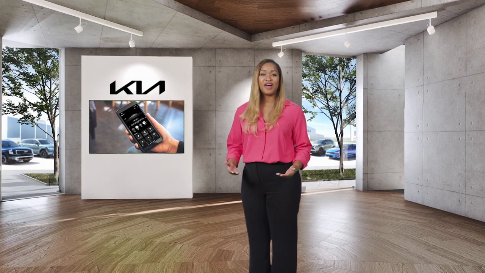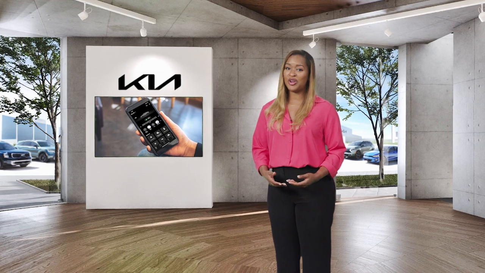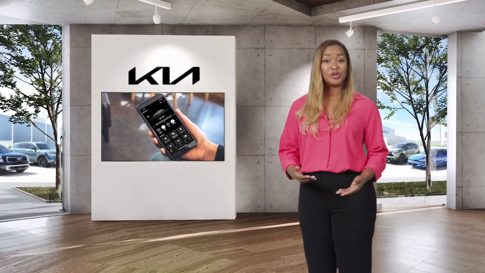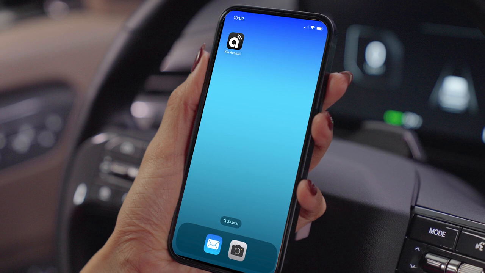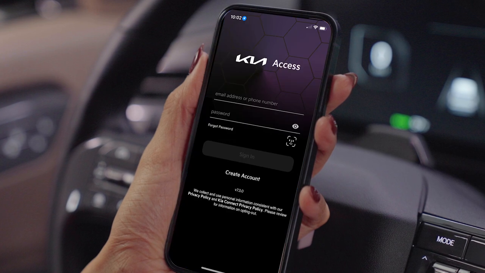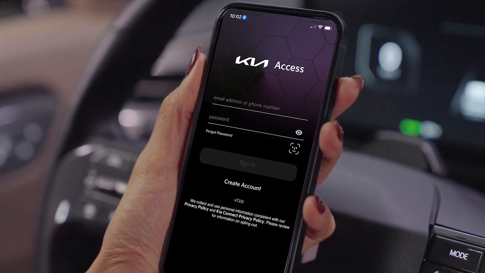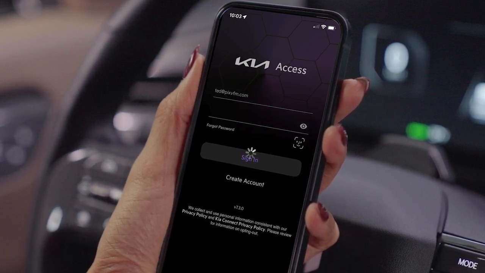Kia Connect provides you with access to a full range of popular features that can enhance your comfort, convenience, and safety. To control these features directly from your smartphone, download the Kia Access app. Once you've downloaded the Kia Access app to your smartphone, open the app, agree to the terms of service and privacy policy, and log in using the phone number or email you used to activate Kia Connect in your vehicle's